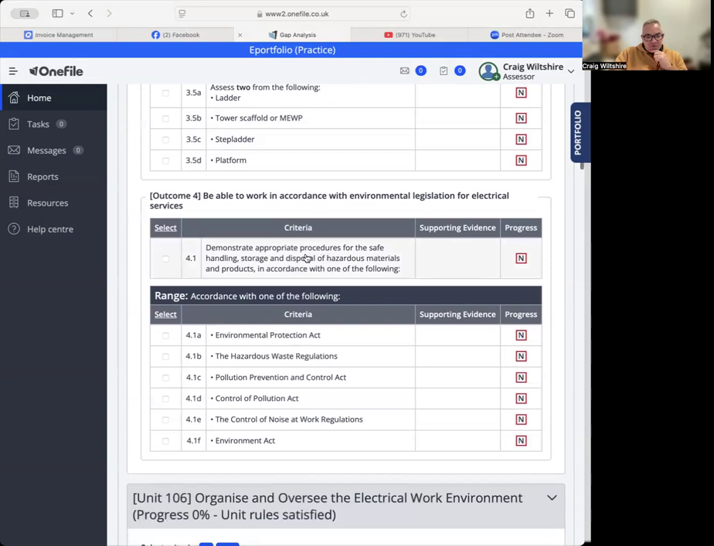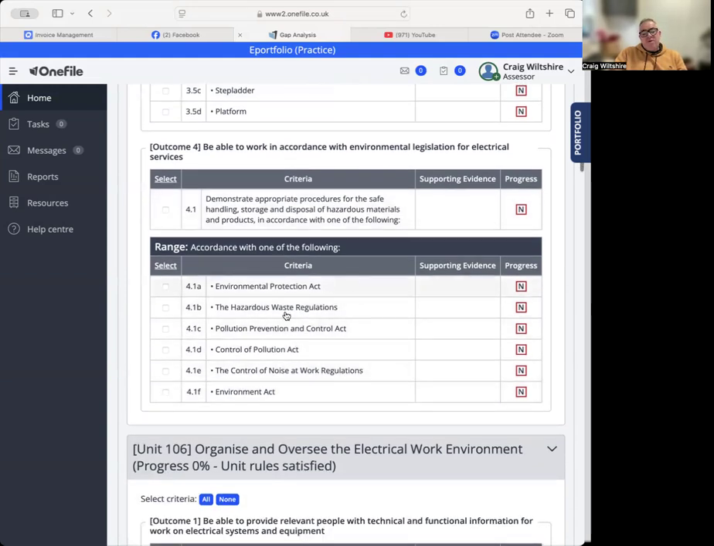Demonstrate appropriate procedures for the safe handling, storage, and disposal of hazardous materials and products in accordance with one of the following. So this now you're going to discuss, depending on what MVQ you're on, but you're just going to discuss one of these. If you were discussing, for example, the control of noise at work regulations, you do want to say the year that the control of noise regulations came out, a little bit about the employer and the employees'